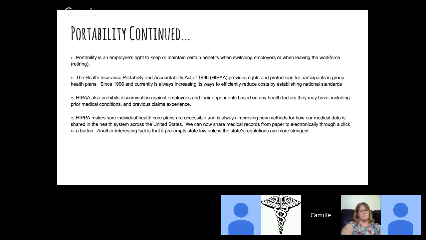Portability is an employee's right to keep or maintain certain benefits when switching employers or when leaving the workforce. The Health Insurance Portability and Accountability Act, HIPAA, has provided rights and protections for participants in group health plans since 1996, and it's always increasing its ways to efficiently reduce costs by establishing standards. HIPAA also prohibits discrimination against employees and their dependents based on health factors, including prior medical conditions and previous claims experience. HIPAA makes sure individual care plans are accessible and is always improving new methods for how our